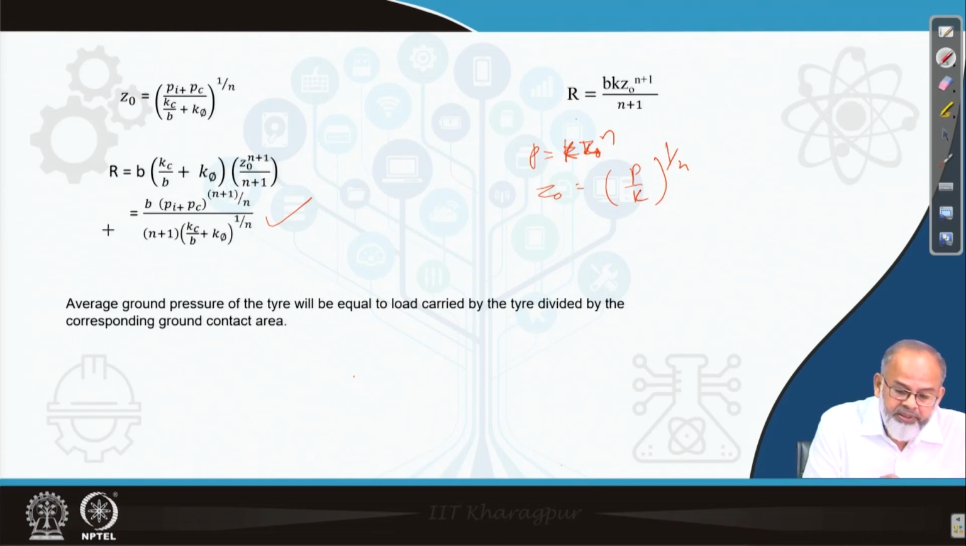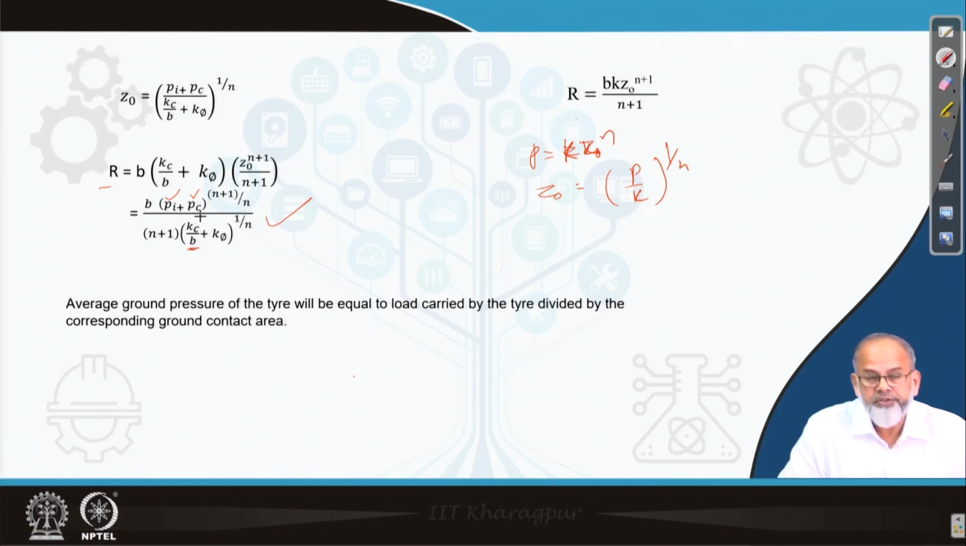That means rolling resistance depends on the inflation pressure, it depends on the pressure due to stiffness of carcass, then it depends on the section width of the tire and the cohesive modulus of sinkage Kc and the frictional modulus of sinkage K phi and exponent of sinkage n. So, average ground pressure of the tire, that will be equal to